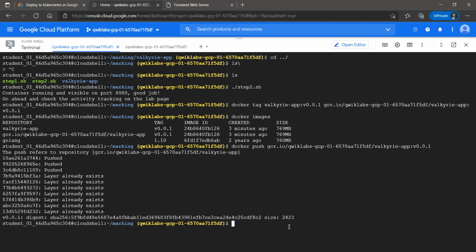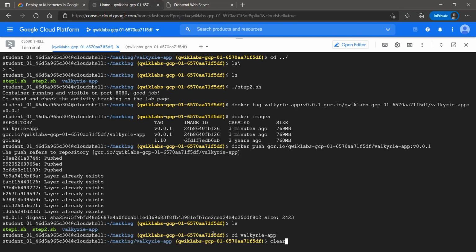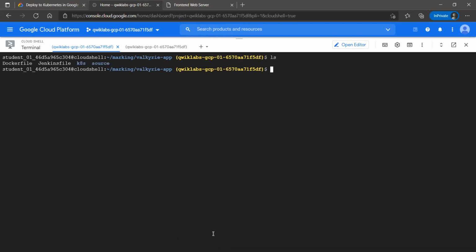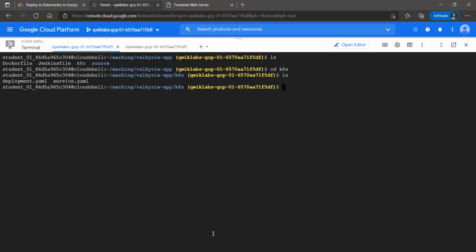So let's list all the contents, head into the valkyrie folder. List the contents again, head up to k8s and list the contents again. Yeah. So we need to check if there is any need to change the file or not, as being said by the lab.